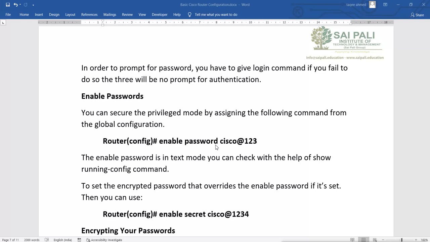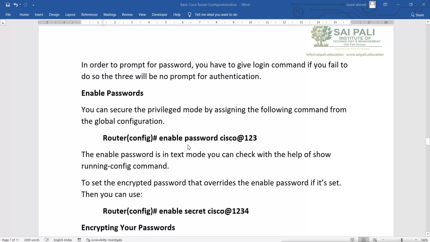And because from the privilege mode you can go into the configuration mode, you can assign the last security boundary where you can use a different password. So if you have different levels of administrators in an organization, some administrators do not have more privilege, so they can log in only into user mode, and they cannot go into privilege mode because they don't have the password for that privilege mode.